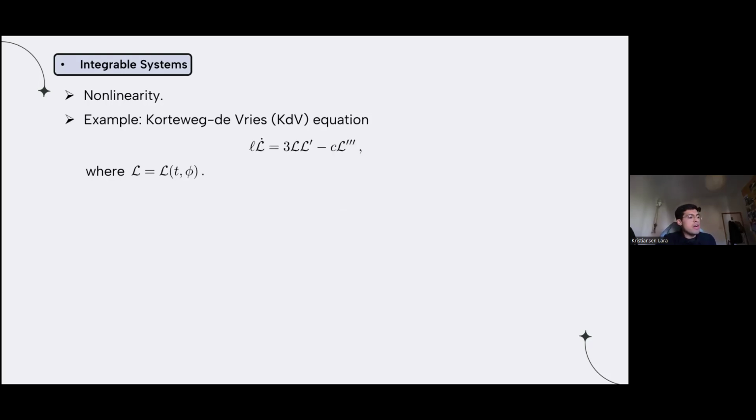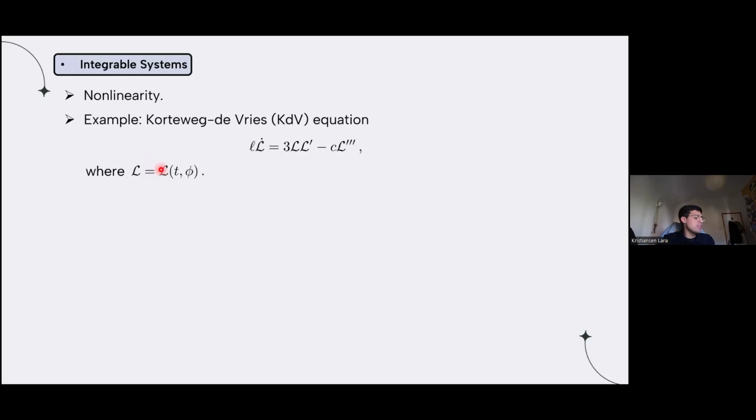Nonetheless, some of them are integrable, and I am going to define what integrability is. Before that, I am going to give you some heuristic definitions, and then we are going to be more concrete with that. I'm going to review a prominent example, which is known as the Korteweg-de Vries equation. The Korteweg-de Vries equation is given by this nonlinear partial differential equation where the dynamical field is mathcal L,